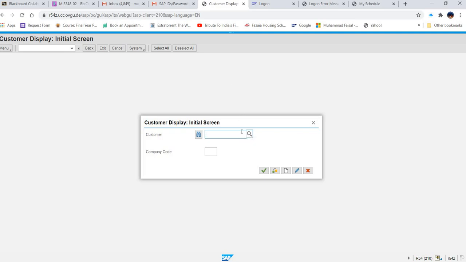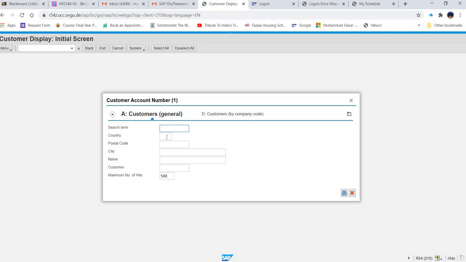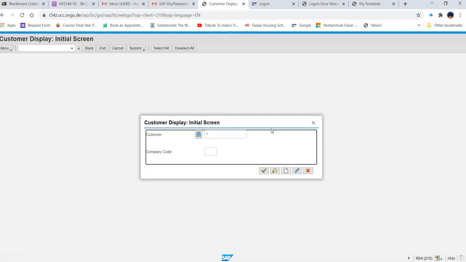Now, it's up to you whether you want to type 1000 or you can click here and you can search. Right now, we don't know the criteria for search. So what we will do, we will go out from there and type the data they have given.